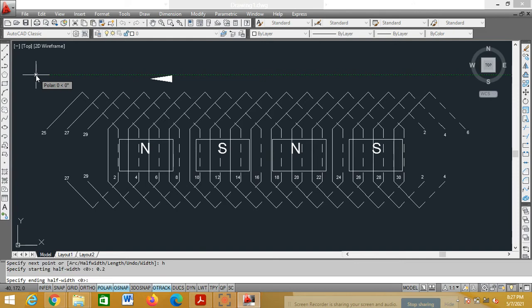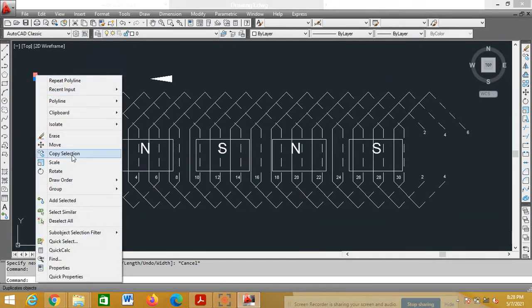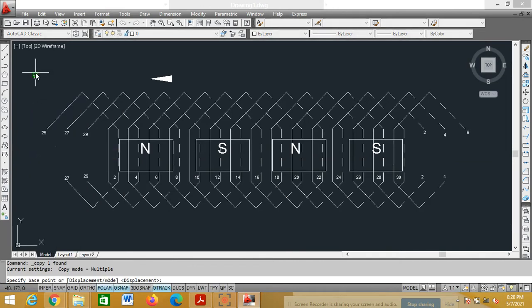Enter. Ending width 0. Enter. Now I'll drag the cursor downward and leave it. See, I'm getting a downward arrow. This is for between the poles.